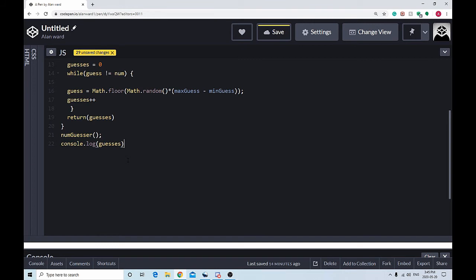It's guessing out of 400 numbers instead of guessing out of 1,000, which is more than twice as efficient. So the way to do that is we're going to need two if statements. We're going to need to put them in the while loop. So if